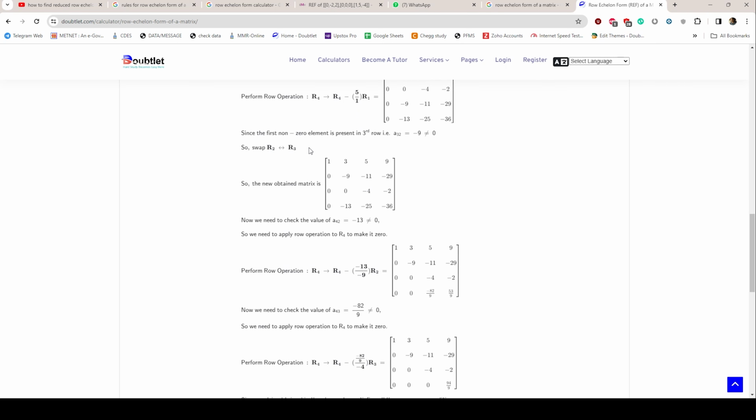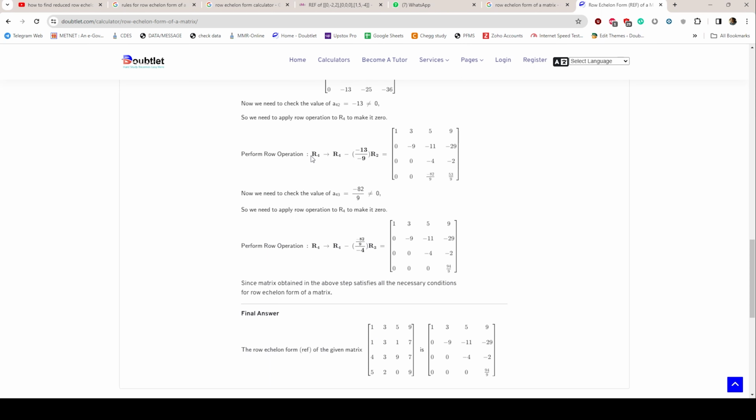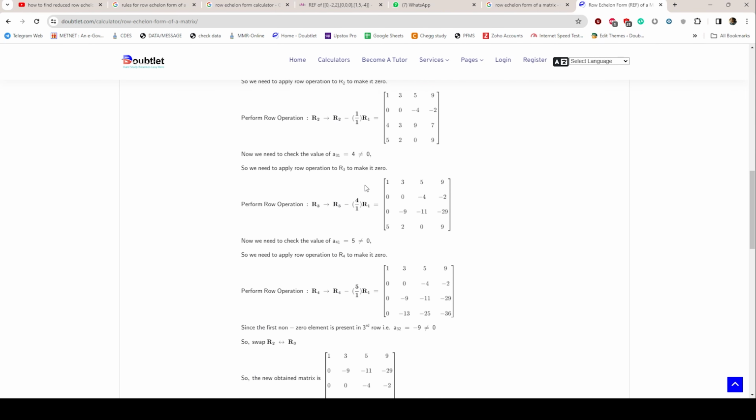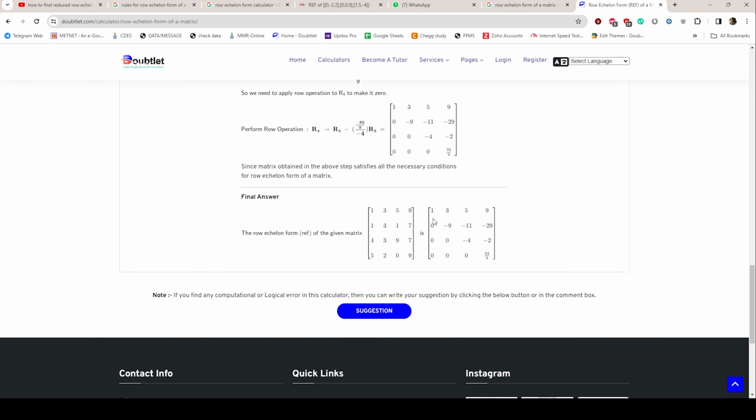And similarly then interchanging the rows R2 to R3, then we need to apply the operation on R4, meaning row 4, and finally on row 4. So these are the operations that we have already discussed, but you can just recheck your solution from here. Definitely it is going to help you. See, this is the leading element here, this is the leading element in the second row, this is in the third row, and this is in the fourth row.